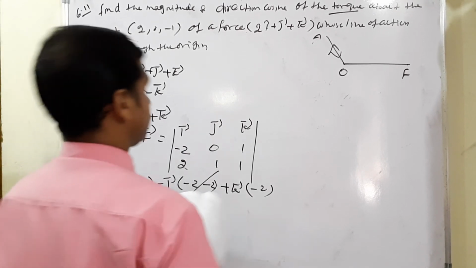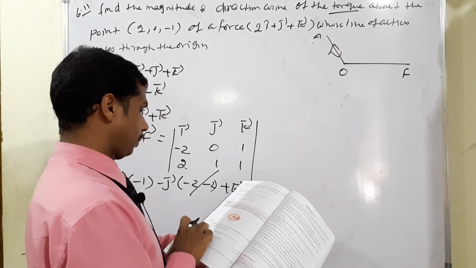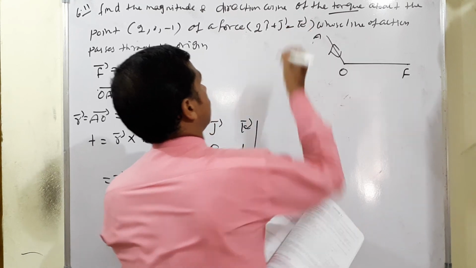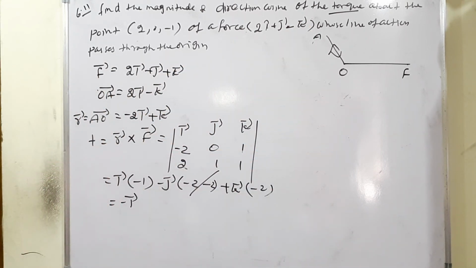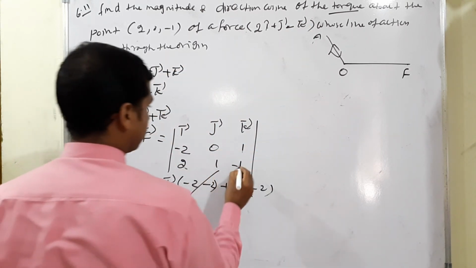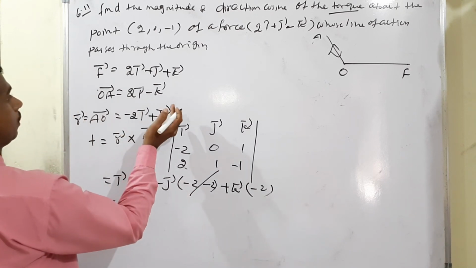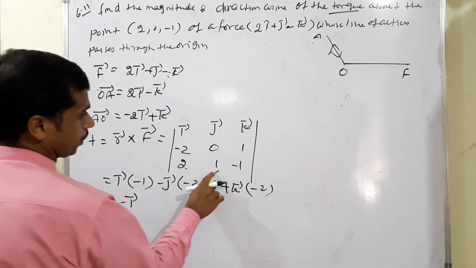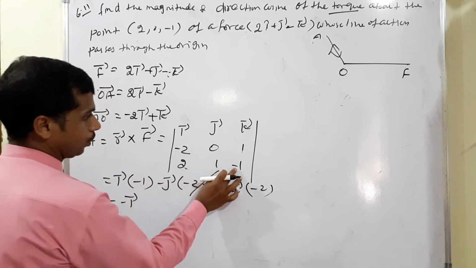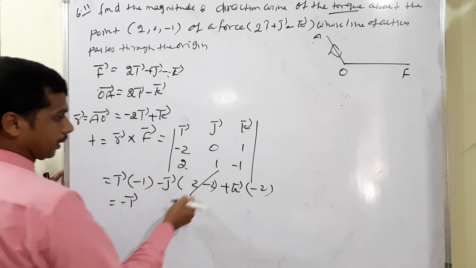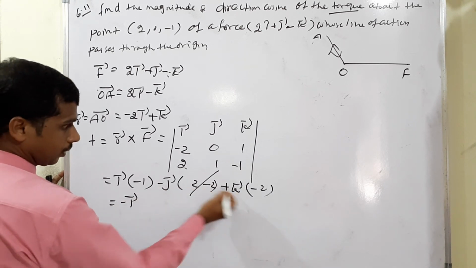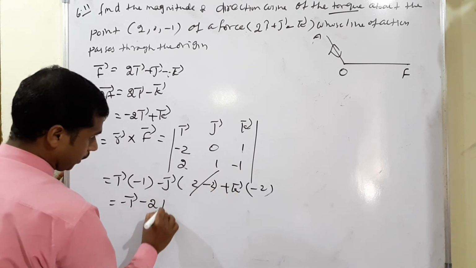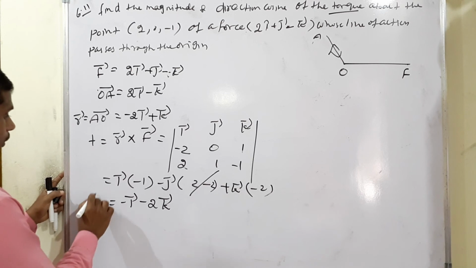Sorry my dear, this is in your book question clearly, no? 2i plus j minus k. There is minus k, okay? So minus k, and there is minus 1 that will come, no? This is minus k, no? Therefore 2 positive 1, 2 positive 1, minus 1. Now minus 2 into minus 1 means there is positive 2. Now we can cancel, no? 2 minus 2. The remaining, the last one, is minus 2k vector. This is called the torque.